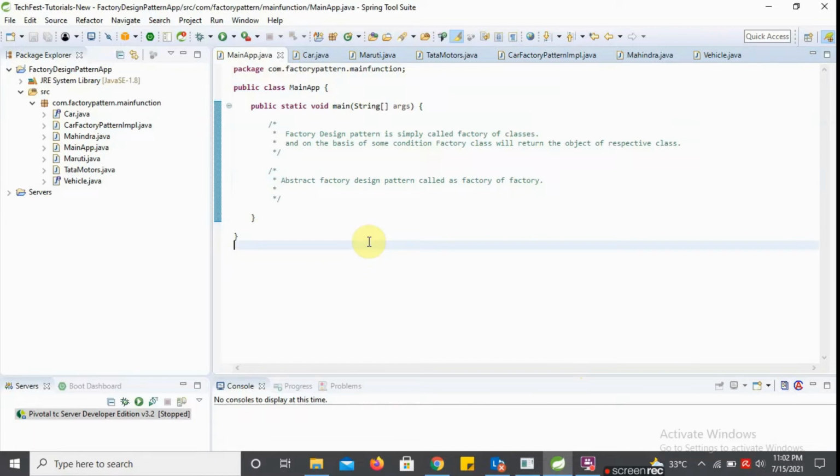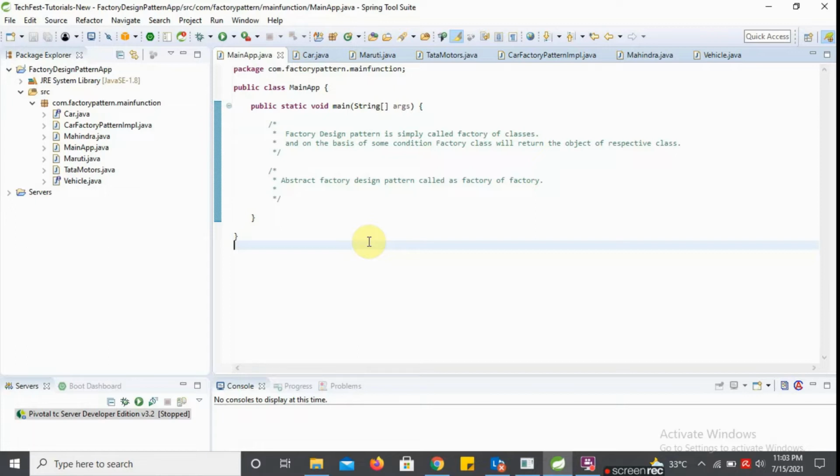Abstract factory design pattern basically provides one more layer of abstraction over the factory, and it is called a factory of factories. As we know, in the factory design pattern, it returns a class object on the basis of some conditions.